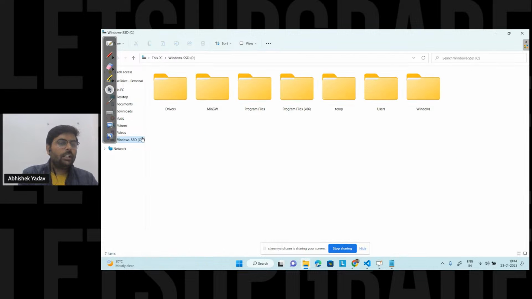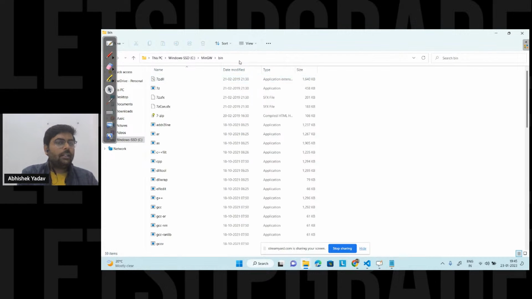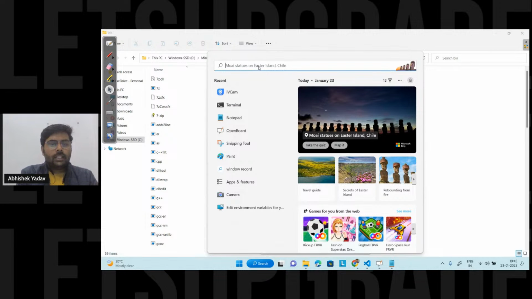Go to the C folder, you will see this kind of folder, that is MinGW. Open this folder, go to the bin. After moving inside the bin, copy the path. In order to copy the path, here you can see on the top, copy this path. After copying this path, go to the search bar, search for the